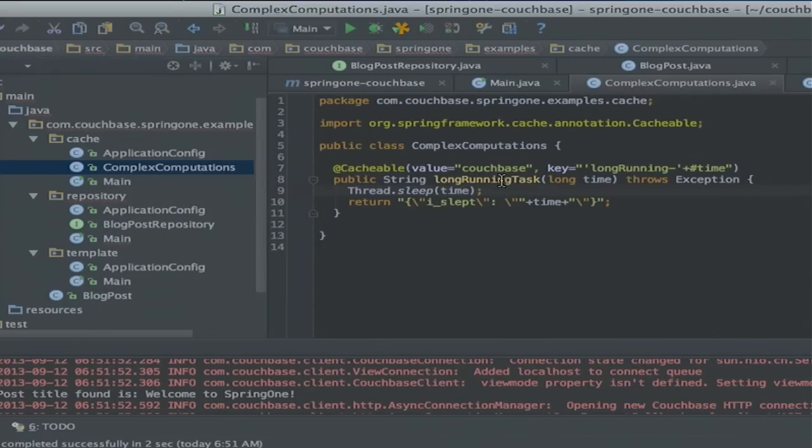So let's say we have a class which does arbitrary complex computations. Here, we just sleep, basically, just to do something that takes some time. And we return some data. So you can see there is no reference to Couchbase at all. The only thing mentioned in Couchbase is the name of the cache, but you can name it whatever you want to. And in our code,